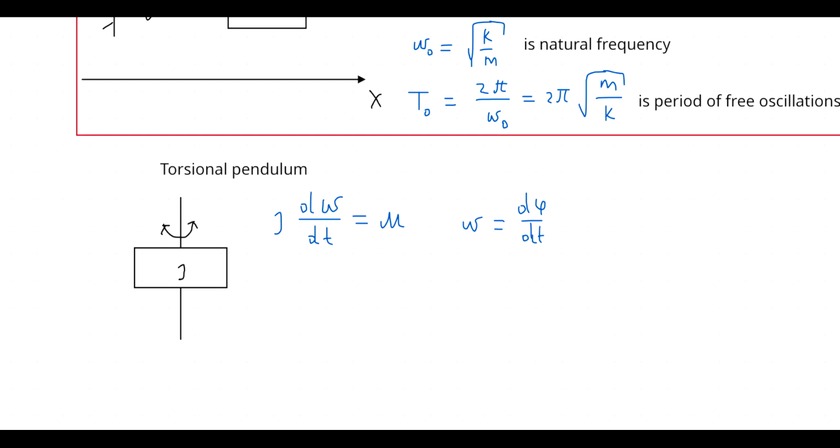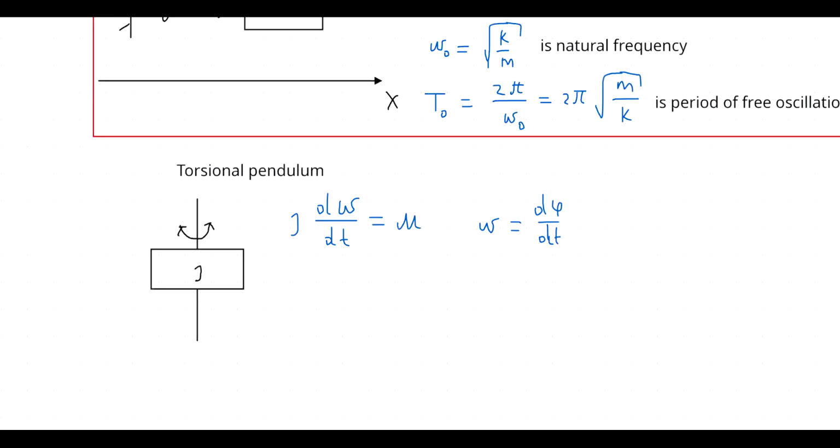In this case, it will be just another form of Hooke's law. It will be some minus D multiplied by phi, where phi is angle of rotation, and D is some coefficient. Okay, and let's make substitutions, and we will obtain